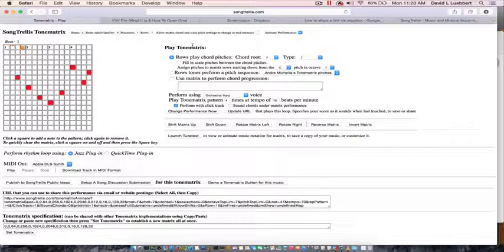Okay, so right now we're just playing a single chord. Our Tonematrix is playing across just one set of pitches. What happens if we change the pitches, play the same pattern through multiple sets of pitches? Okay, so I picked F7, and I'm going to play our chord through F7, and then we're going to play